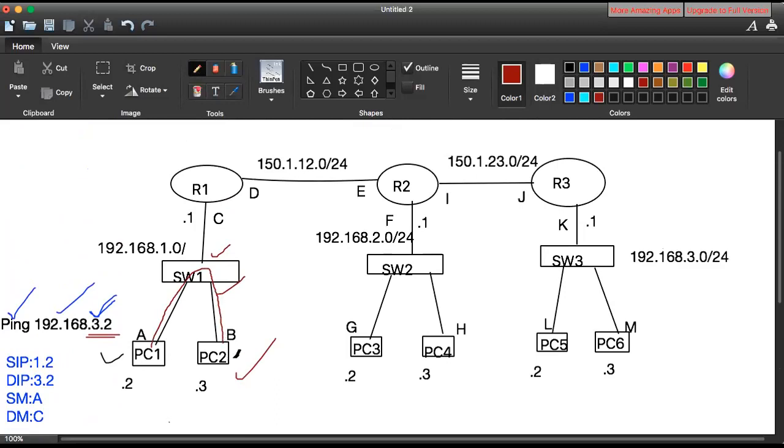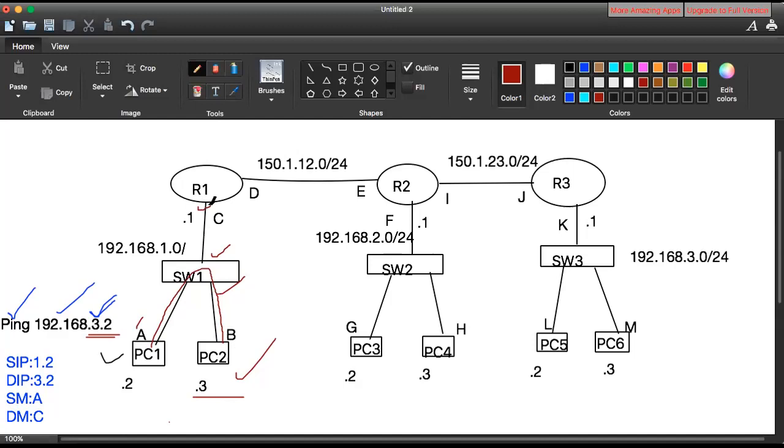Anyways, when PC2 receives it, at the end, it is the signal that PC2 is receiving. PC2 cannot ignore it. It would open it. It knows now that someone is trying to learn the MAC address, and MAC address A is trying to learn the MAC address of 1.1. But since I am 1.3, I don't have anything to do with this at all. PC2 is going to drop it. When R1 receives it, what it would do is